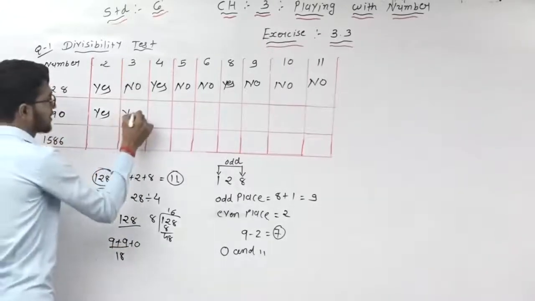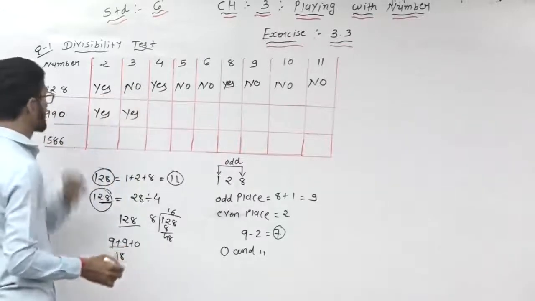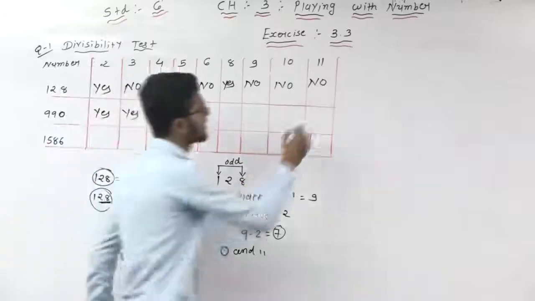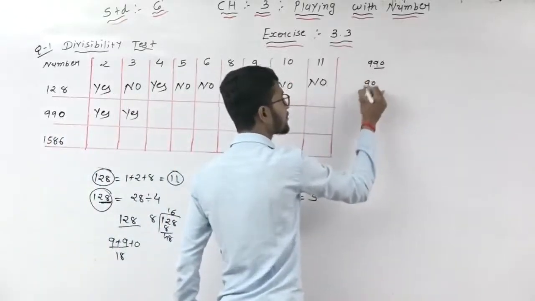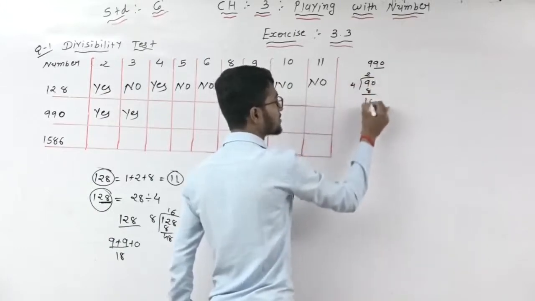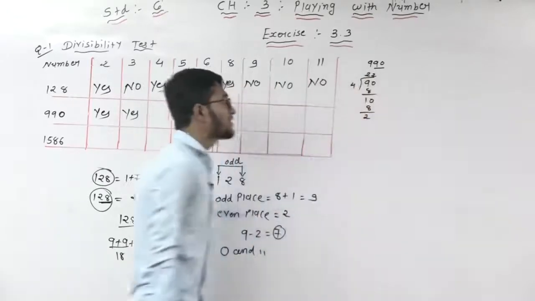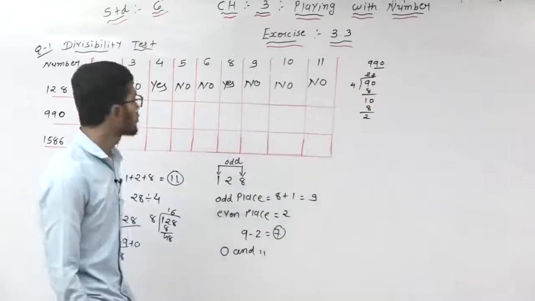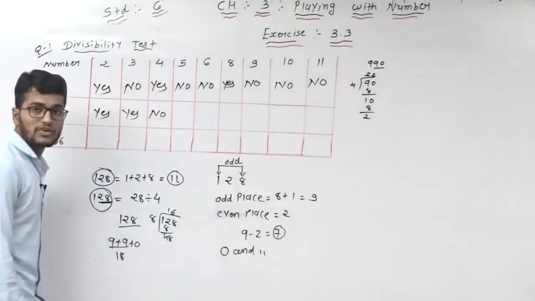Yes. So write down here, yes. This number is also for divided by. Now divided by 4. So 4 means check the last 2 digits. Here the given number is 990. It means the last 2 digits only, 90. 90 divided by 4: 4 twos are 8, then 1 and 0, 4 twos are 8, and here is 2. So is 90 divided by 4 possible? No, this one is not possible. So this number is not divisible by 4. So write down here no.